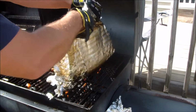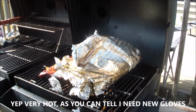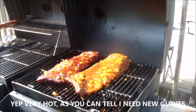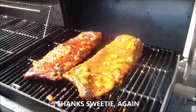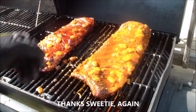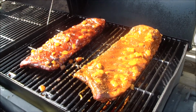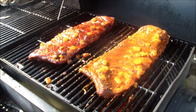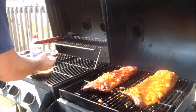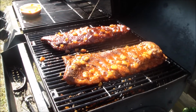Grab, kind of flip over. So tell us which one has the sugar and which one doesn't. As you can tell, this one has the sugar and this one doesn't have the sugar. As you can tell by the color, it actually caramelized. And right now, before I close the lid for the last hour, the last little bit off,